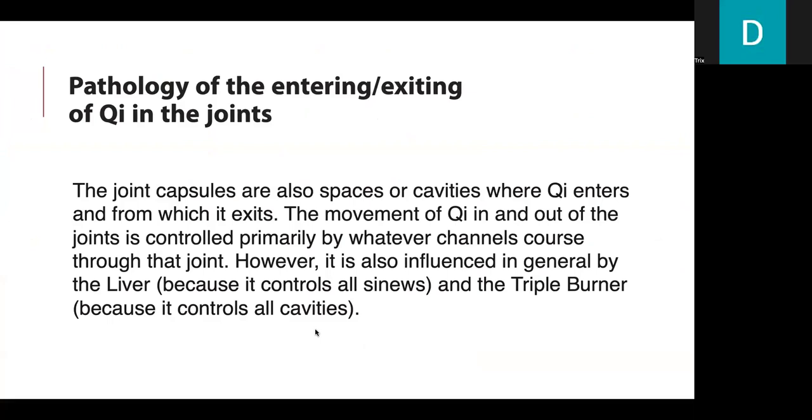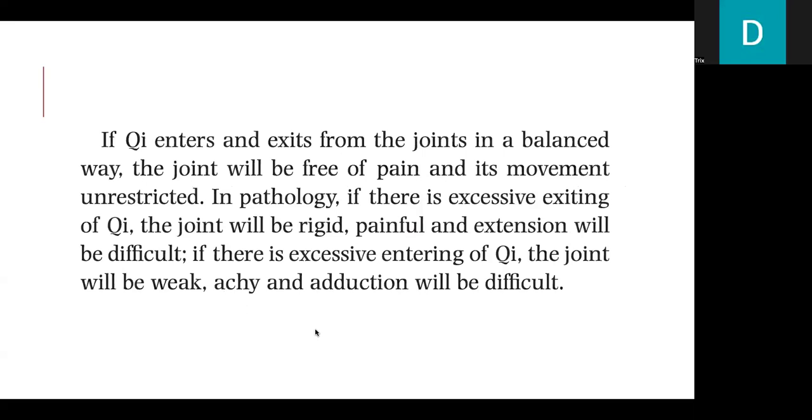However, it is also influenced in general by the liver because it controls all sinews, and the triple burner because it controls all cavities. If qi enters and exits from the joints in a balanced way, the joint will be free of pain and its movement unrestricted. In pathology, if there is excessive exiting of qi, the joint will be rigid, painful, and extension